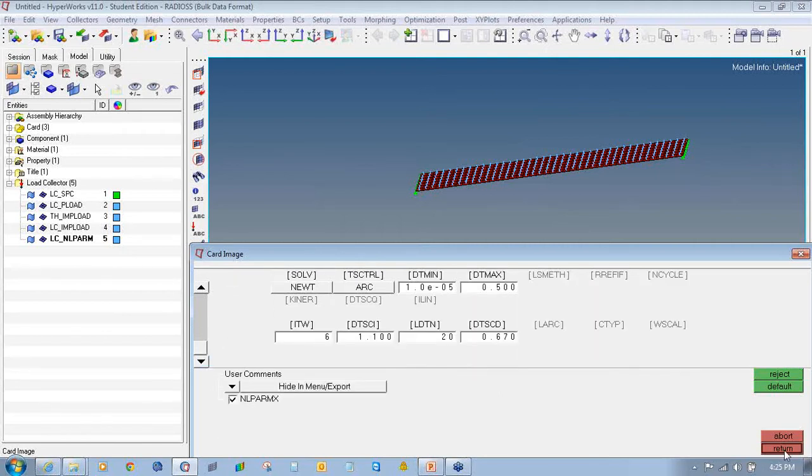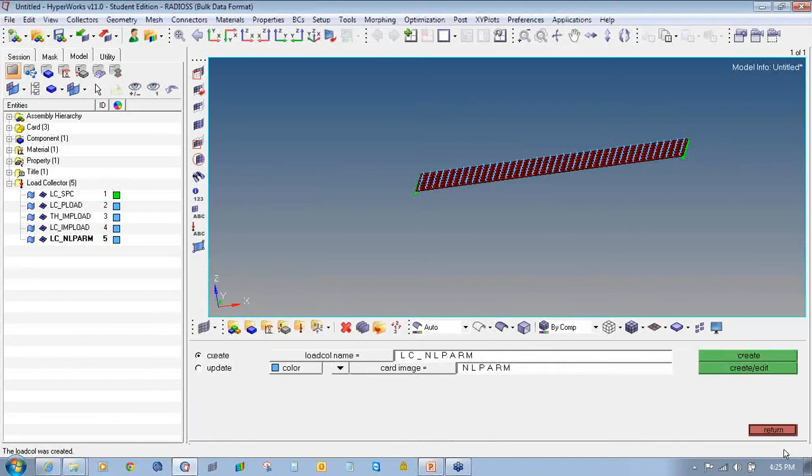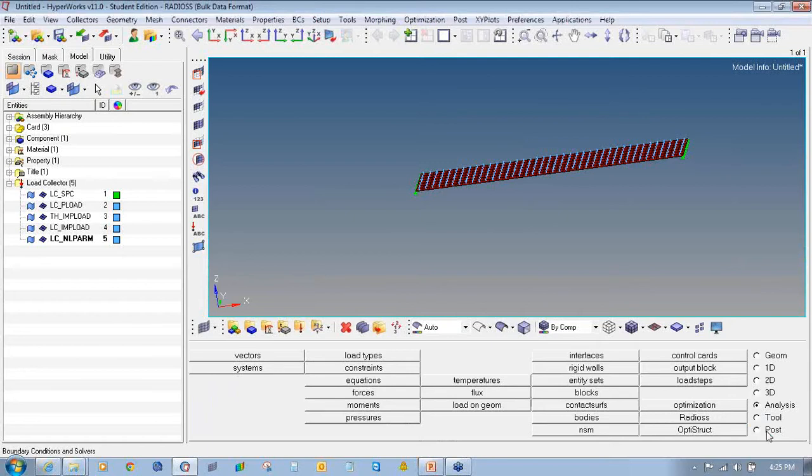So we'll keep all the other values as default. Then we'll click return. Again we'll click return to exit the load collector panel.